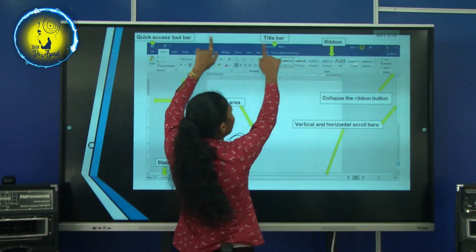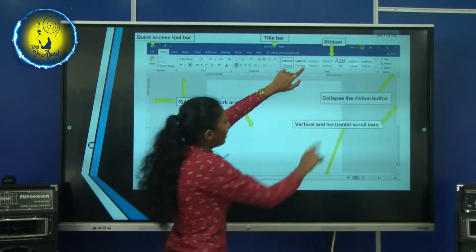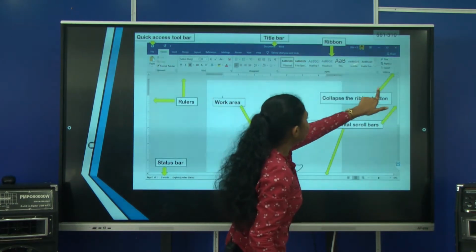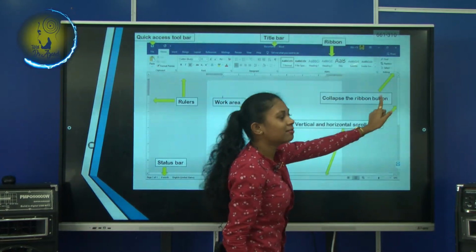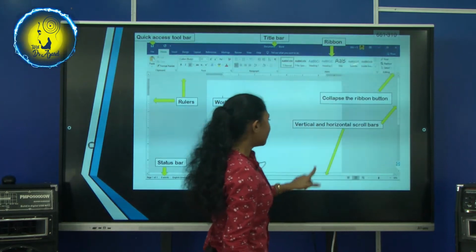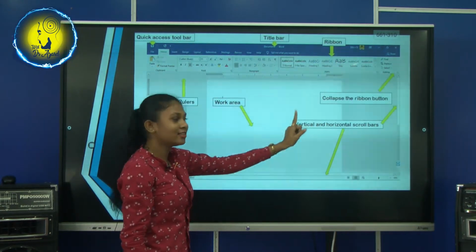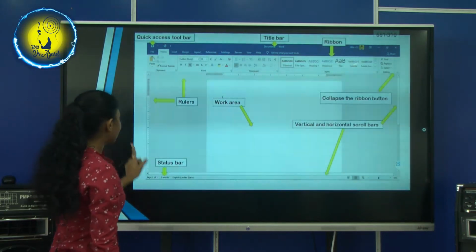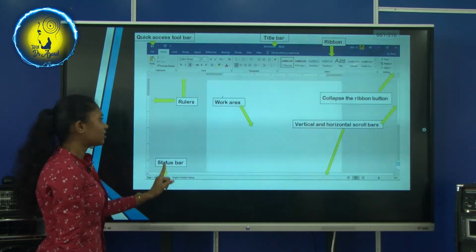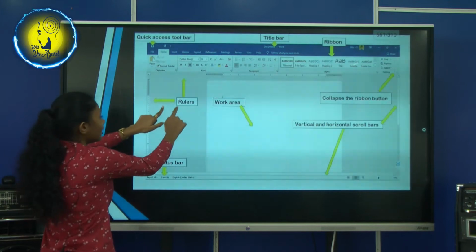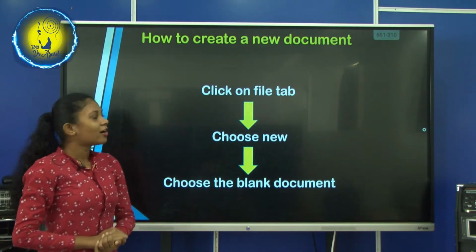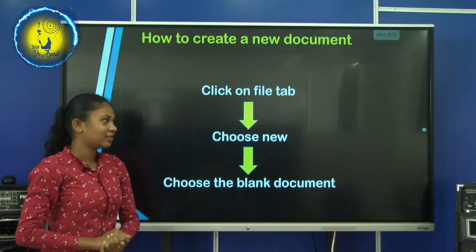This is title bar. And this is ribbon. This is collapse the ribbon button. These are vertical and horizontal scroll bars. This is work area. This is status bar. These are rulers.